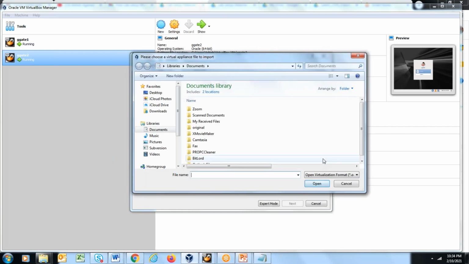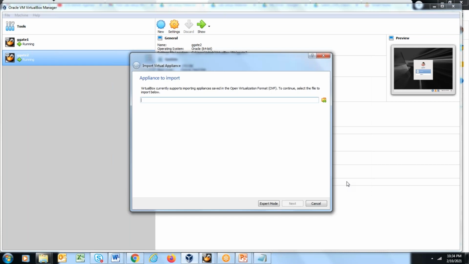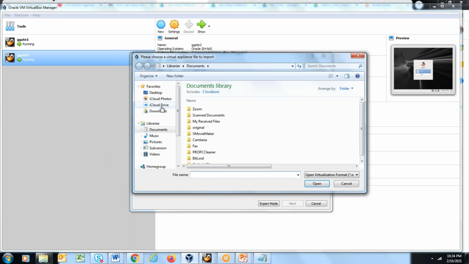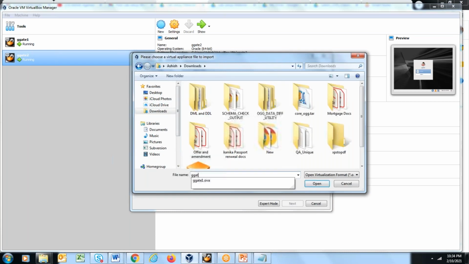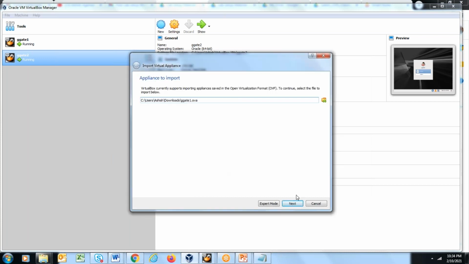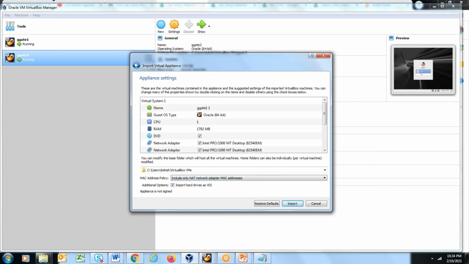Once you select gget1.ova, click on Next. Now select MAC address policy as generate new MAC address for all network adapters, and then click on import.